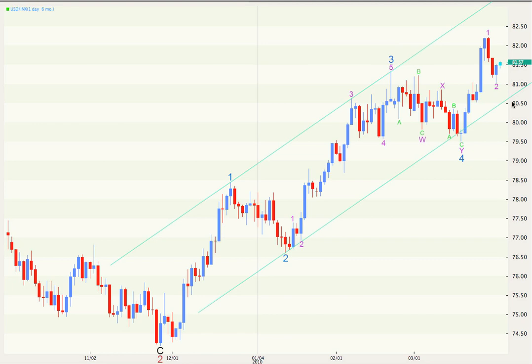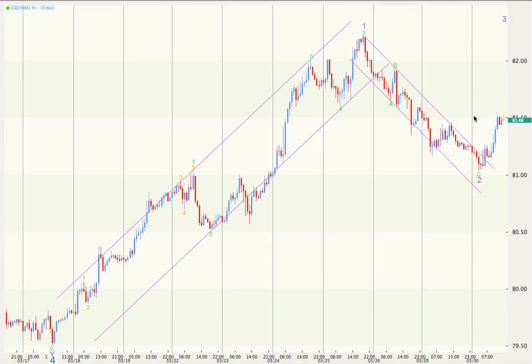is correct. Having a look at this one on the hourly chart, these movements are really nicely contained in trend channels, mostly contained in trend channels, using Elliott's channeling technique, which is really nice to see at this hourly level. It doesn't always work this well. I've drawn this one from a high of 1 to the high of 3, creating a parallel copy. I've placed it on the low of 2. We've got an overthrow on the lower side of the channel for the beginning of the third wave, but I